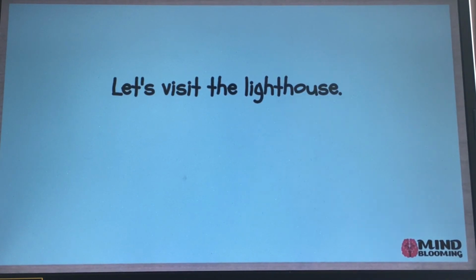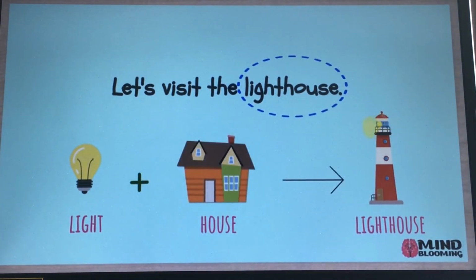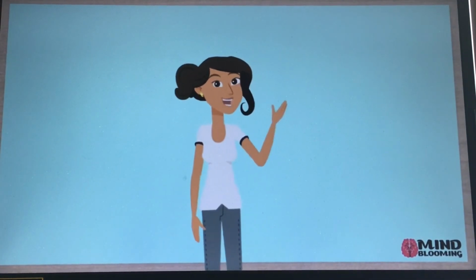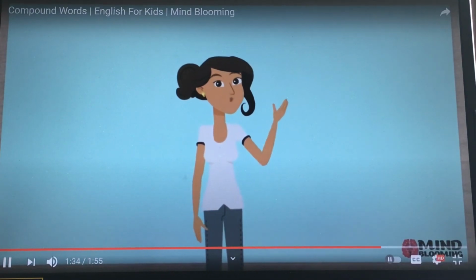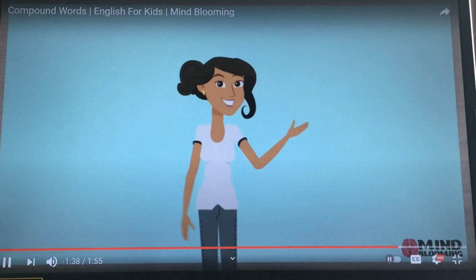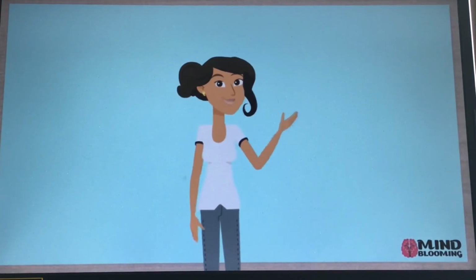If you said lighthouse, you are correct. The word lighthouse is broken down into 2 smaller words which are light and house. There are many more compound words in the English language, and now that you know what they are, look out for compound words when you're reading. And if you're writing using compound words, remember that they become one word and there is no space between each